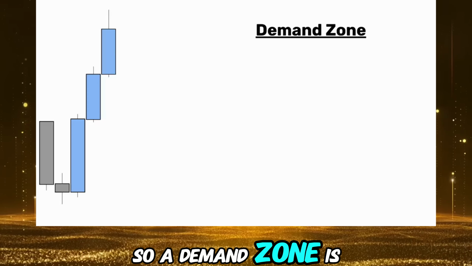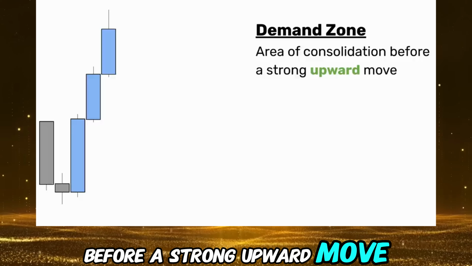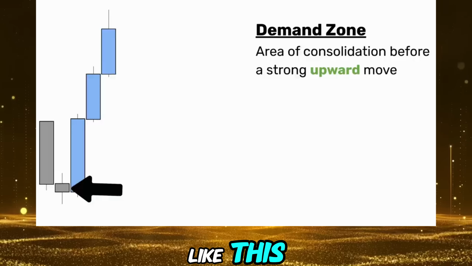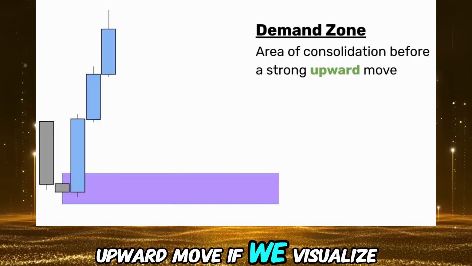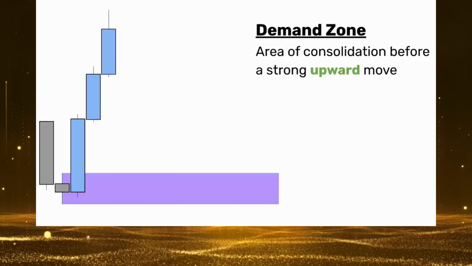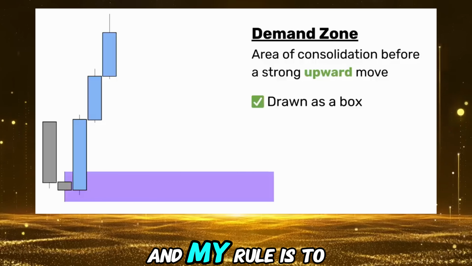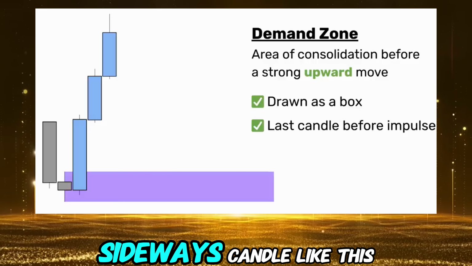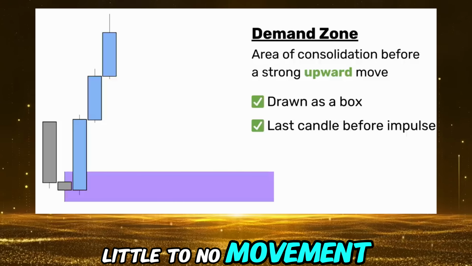So a demand zone is an area of consolidation before a strong upward move. When we're looking at candlestick charts, it's going to be the candle like this, the candle that sits at the bottom of a large upward move. If we visualize it as a zone, this is what it looks like, okay? It's drawn as a box, and my rule is to use the last candle before the impulse away. So I'm looking for a sideways candle like this with wicks either side and little to no movement,